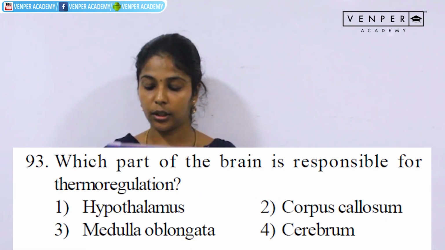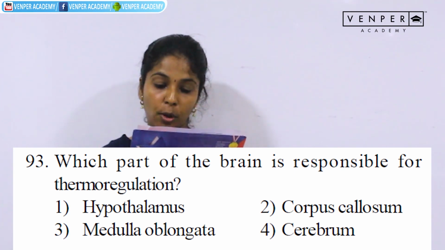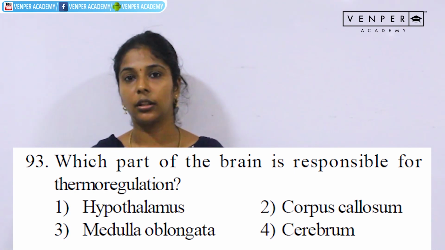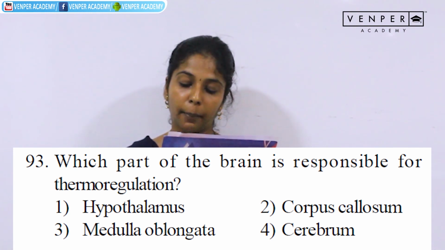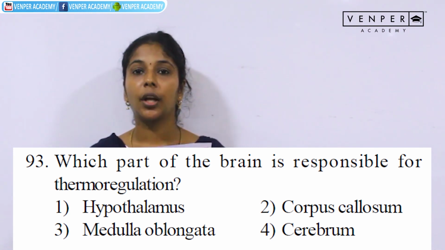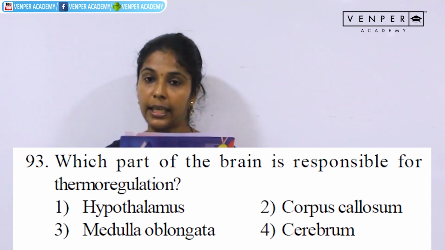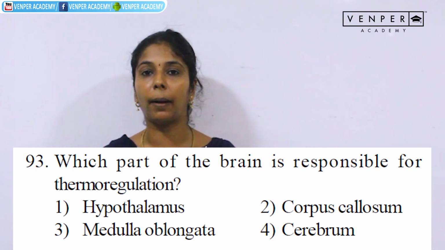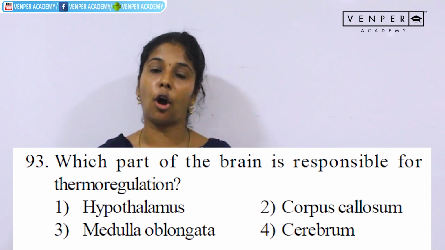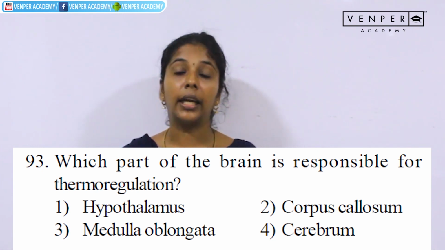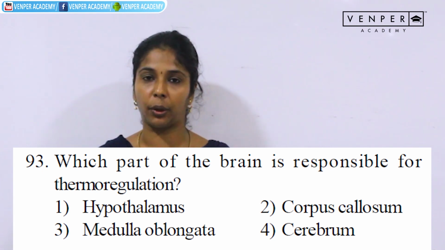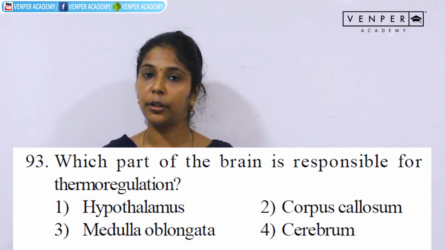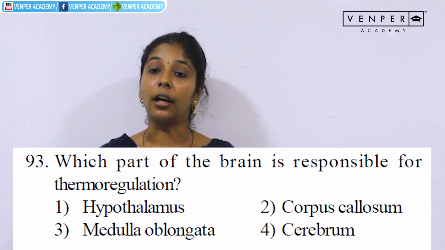Question number 93. Which part of the brain is responsible for thermoregulation? The options are hypothalamus, corpus callosum, medulla oblongata and cerebrum. The correct answer for this question is hypothalamus, which is the main part of temperature regulation or thermoregulation. In hypothalamus we have two different nuclei, anterior nucleus and lateral nucleus, which take part in the regulation of